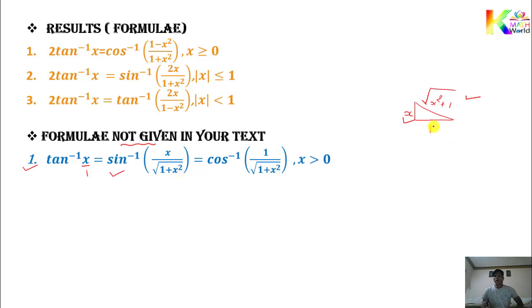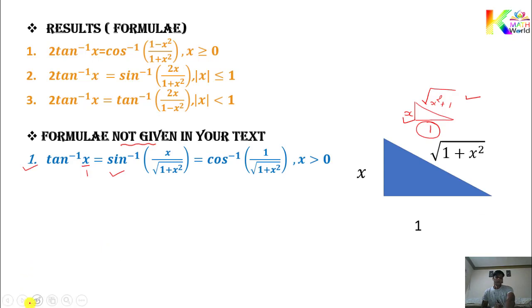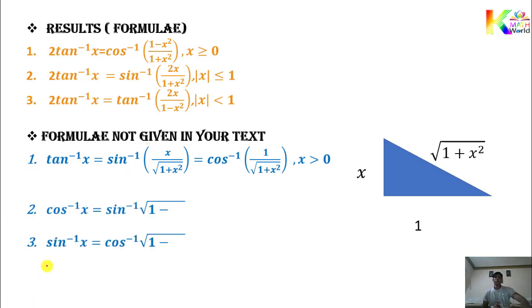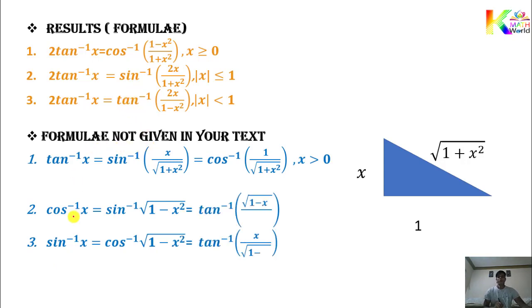In the same way, for cos, what can you write? Cos means adjacent over hypotenuse. Adjacent over hypotenuse means you got 1 over square root of x square plus. So this is the easiest way to remember this formula. Whatever I discussed right now, you can see in this diagram also. So without wasting time, I am going to move quickly to the next two formulas.